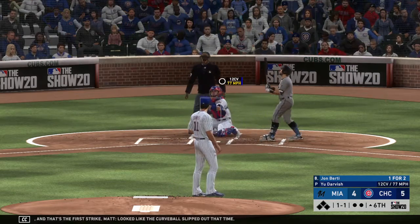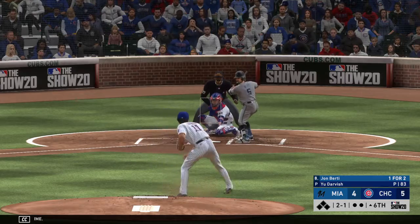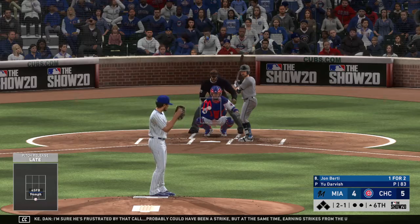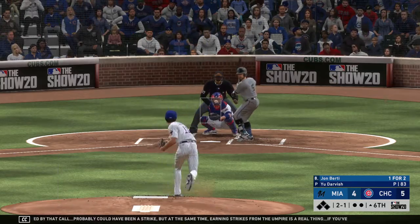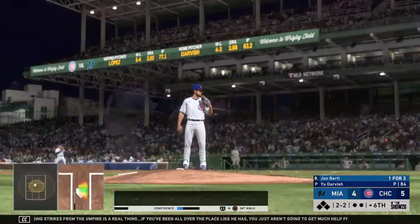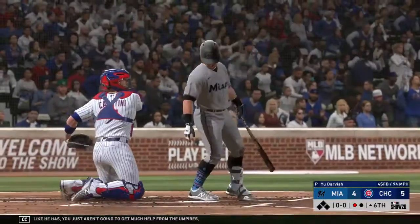Looked like the curveball slipped out that time. No offer on that one. 2 balls and a strike. I'm sure he's frustrated by that call. Probably could have been a strike, but at the same time, earning strikes from the umpire is a real thing. If you've been all over the place like he has, you're just not going to get much help from the